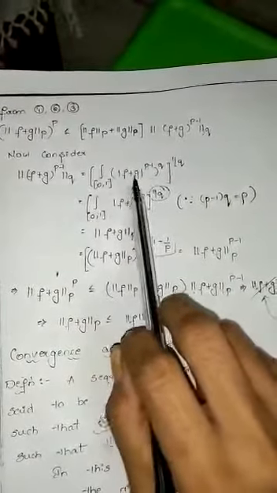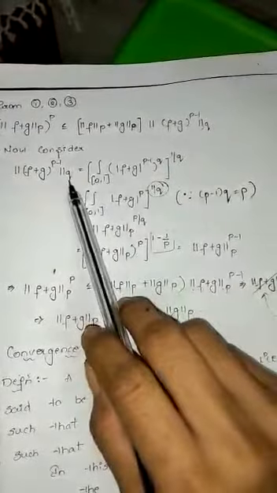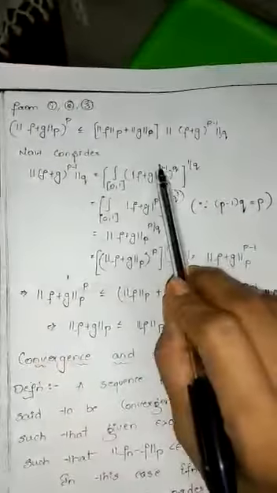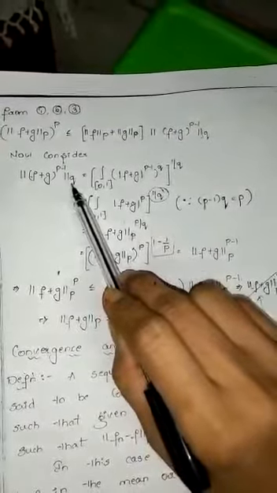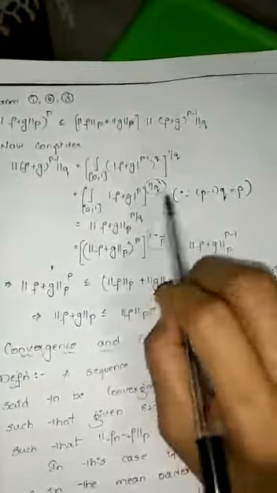You're using the definition of norm. So the definition of norm becomes integral of mod of (f plus g) to the power p minus 1 over q, whole power 1 by q. Girls, you are using the definition of norm with respect to the Lq space. So your function is (f plus g) whole power p minus 1. Because this norm is with respect to q, it becomes whole power 1 by q.